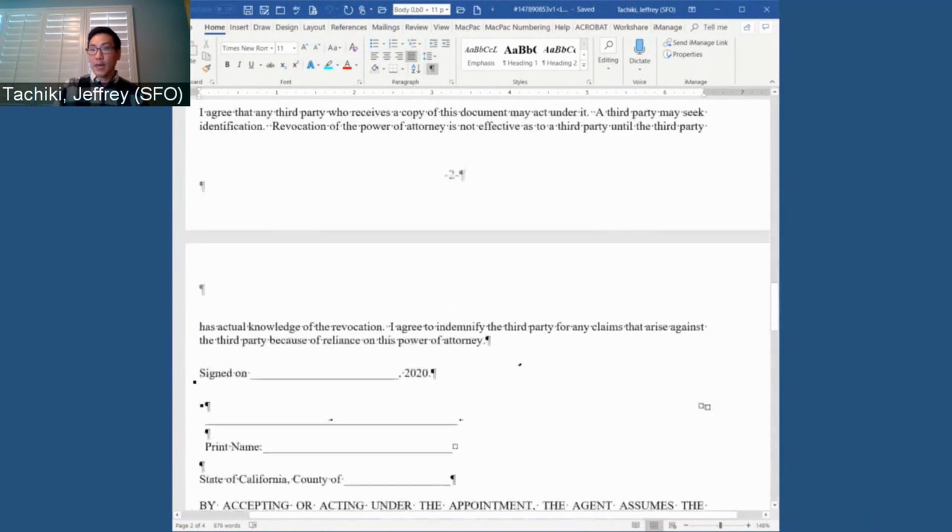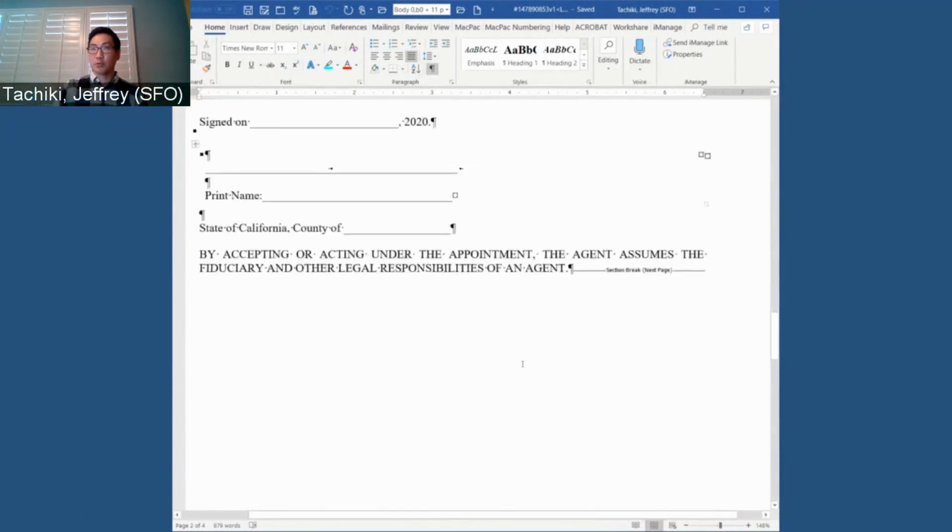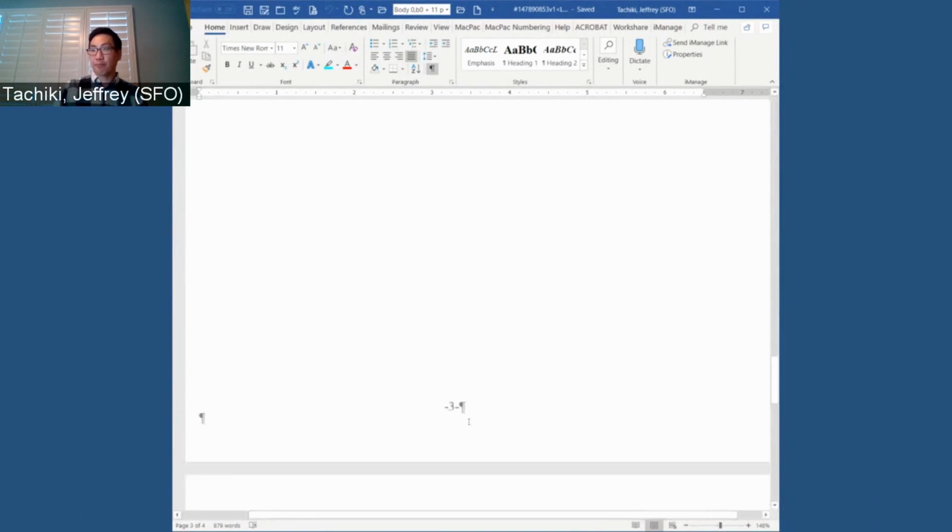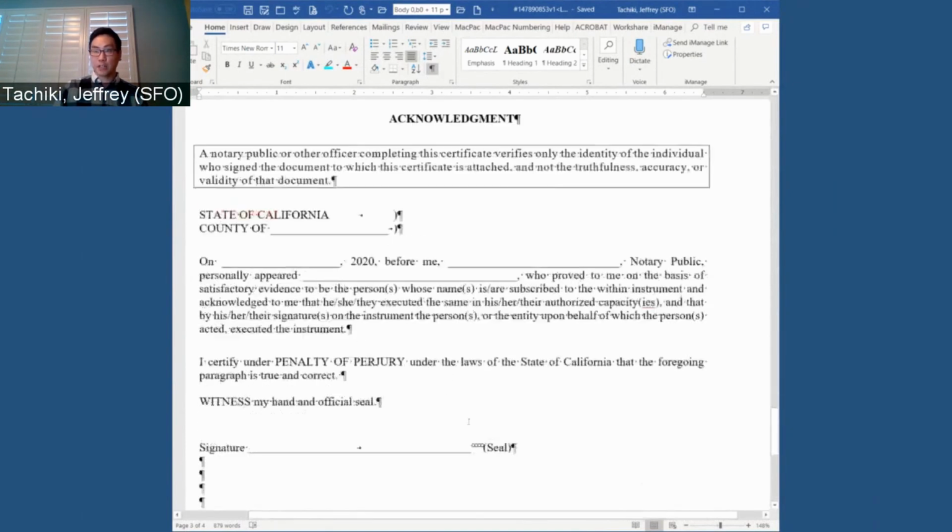Okay? And then below that, you would go ahead and sign it. You date there, you sign in the blank below that, and then there's a place to print your name, and then there's a place where it says State of California and the county of. You want to write the county in which you are actually signing this document, not necessarily the one you reside in. Okay, and then on the next page,